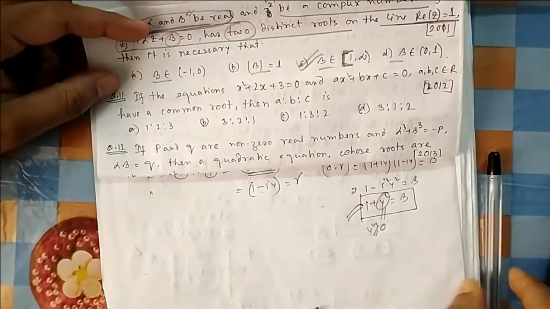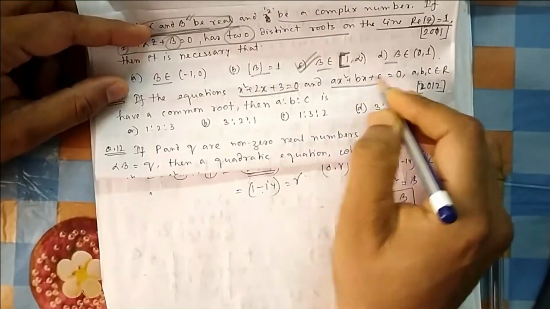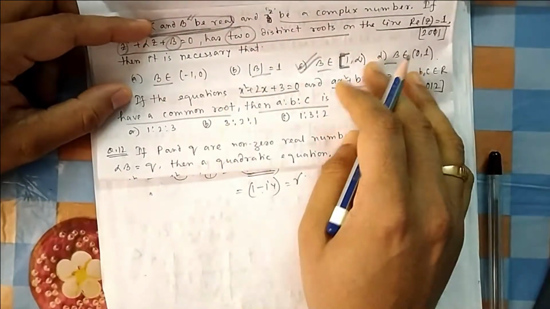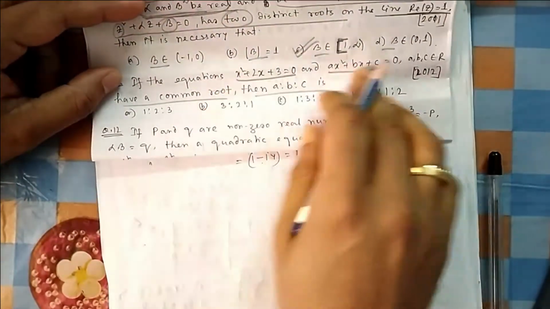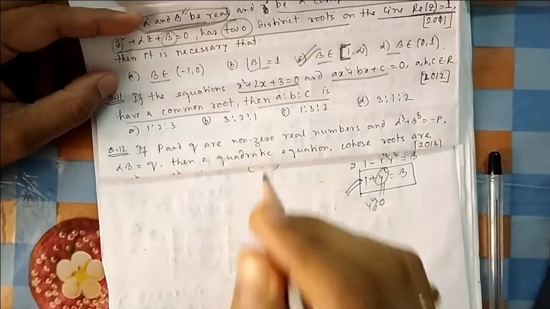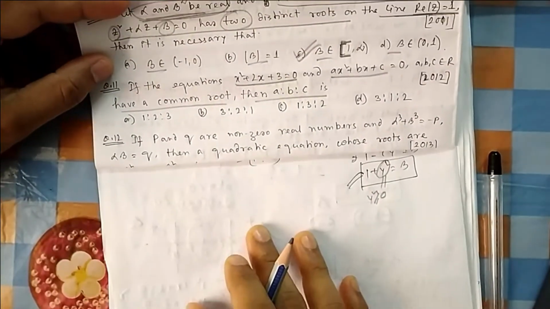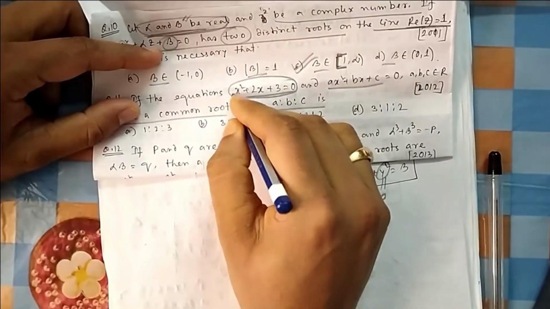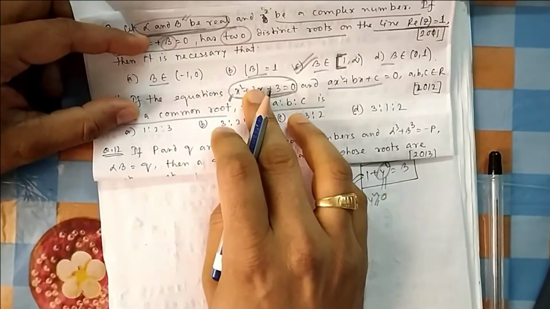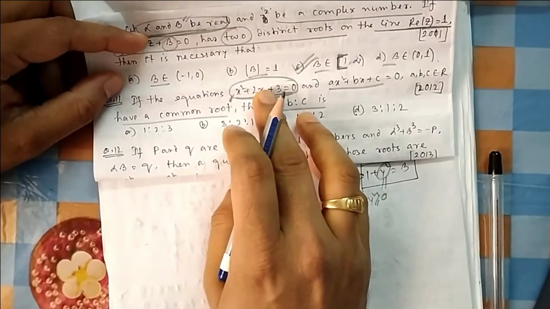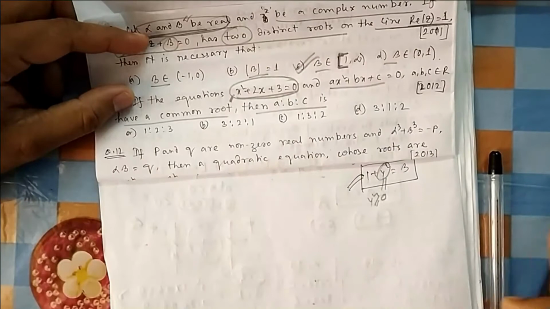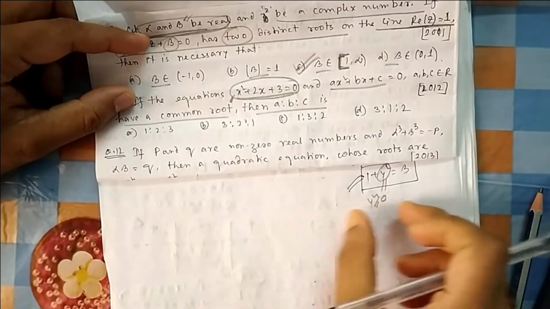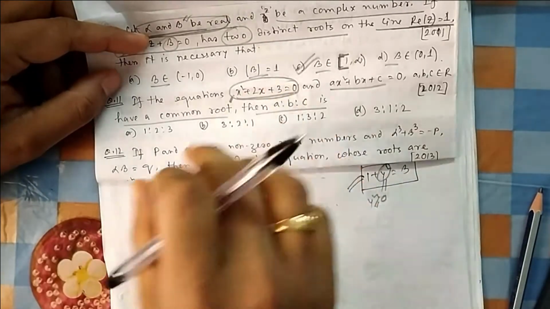Equations this and this and this have a common root, then a is to b is to c. Now once you see common root, you can start solving using that common root formula. Let alpha be the common root. But in that theory, I have also mentioned that because this one quadratic expression is directly given to you, you can find the roots of these two. If one root is common, I can put it there. That formula is a long formula, with alpha square minus alpha minus 1 and Cramer's rule, so that takes a little time.